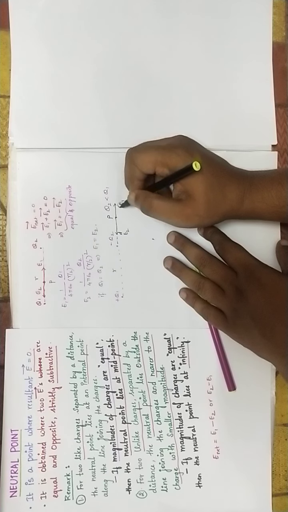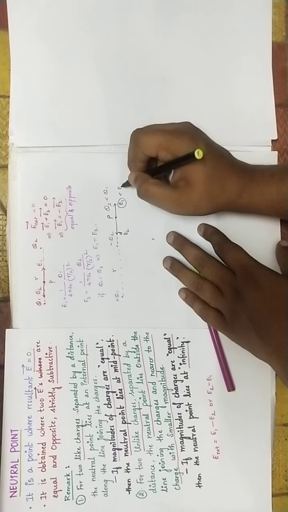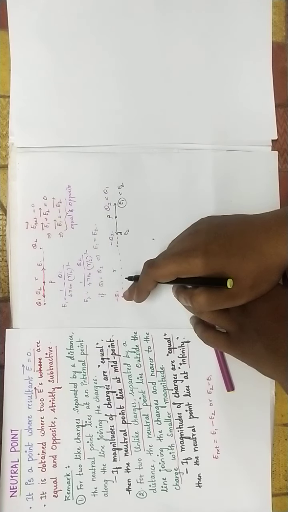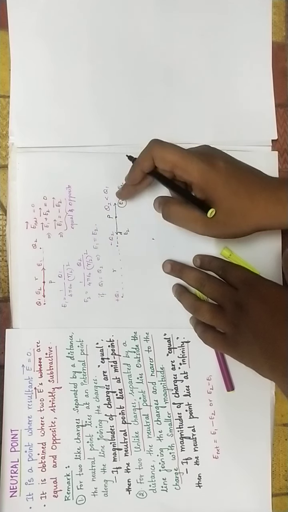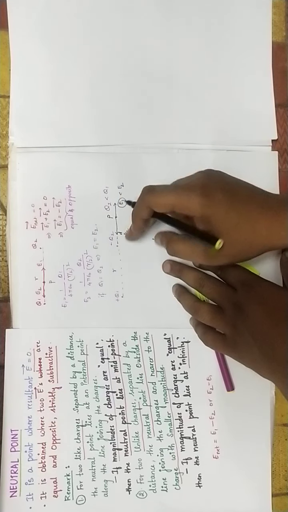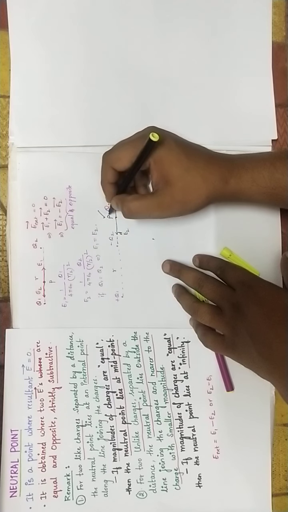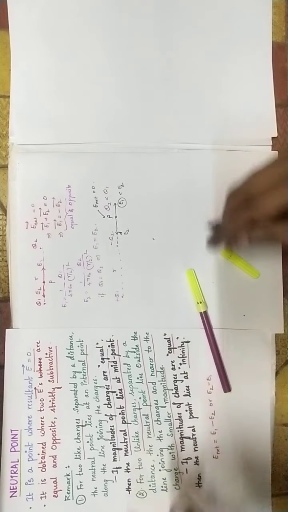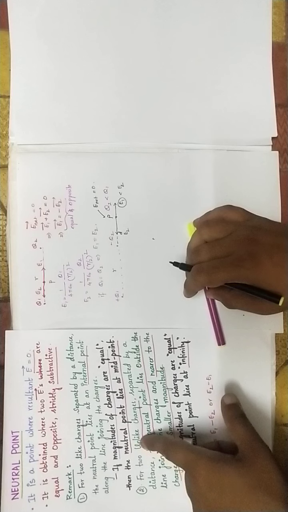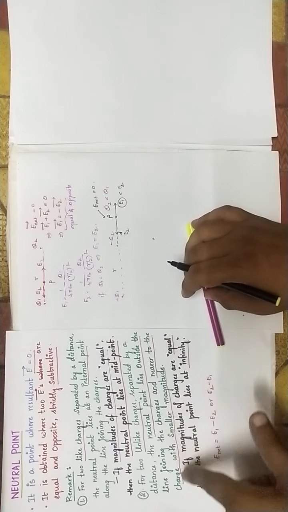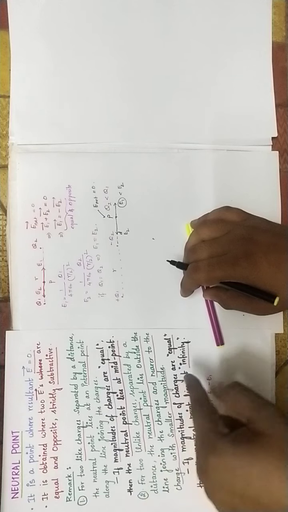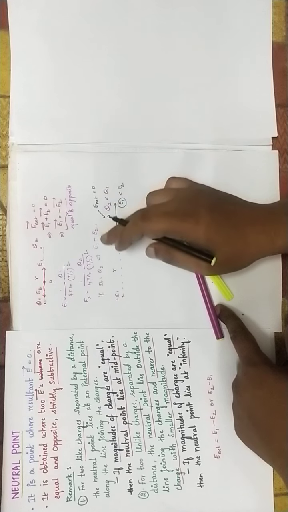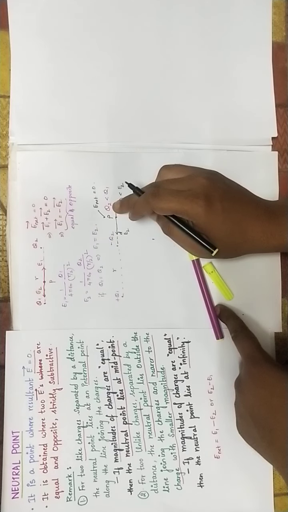The magnitude of E1 will be less than E2, because the point P is far away from Q1 compared to Q2, and in that case there are chances that E1 and E2 get cancelled to give this point P as the neutral point with net electric field equal to 0. So that's what the remark is, that for unlike charges, the neutral point lies outside the line joining the charges. And what is the trick here? That point P lies close to the charge which has the smaller magnitude.